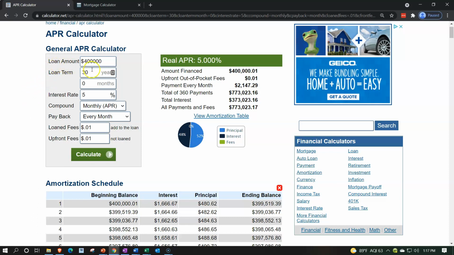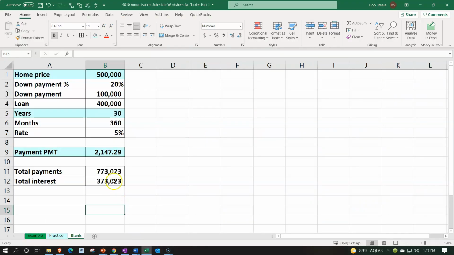If the loan amount was $400,000, a 30-year loan, 5% interest rate, APR monthly, every month is the standard period. And then I have to put something in for the loan fee. So I put a penny, and we'll talk more about these possibly in a future presentation. Calculate this out, and then we get to the amount financed. You get our summary data up top, the $400,000, the total payments to